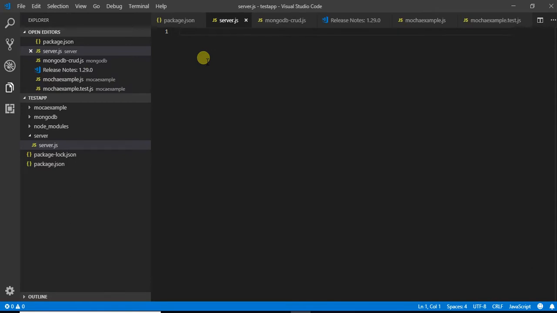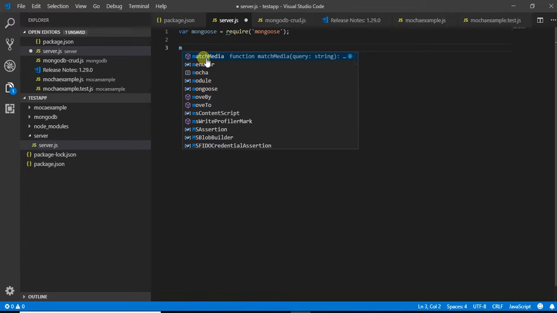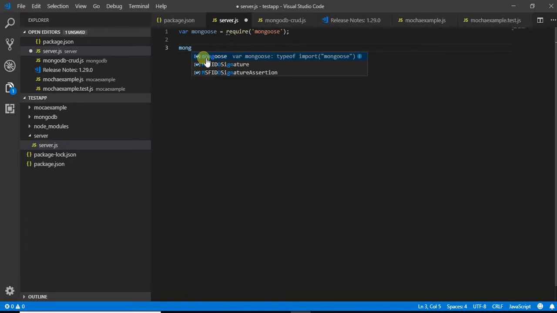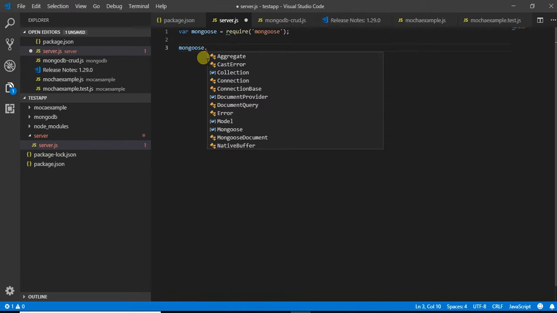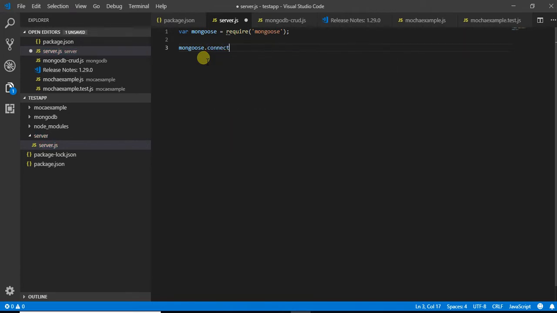So what I am going to do over here is I am going to simply create a variable, mongoose is equal to require mongoose. So once I have done this, what I need to do is create a connection. So I am going to say mongoose.connection, and I am simply going to pass this MongoDB URL